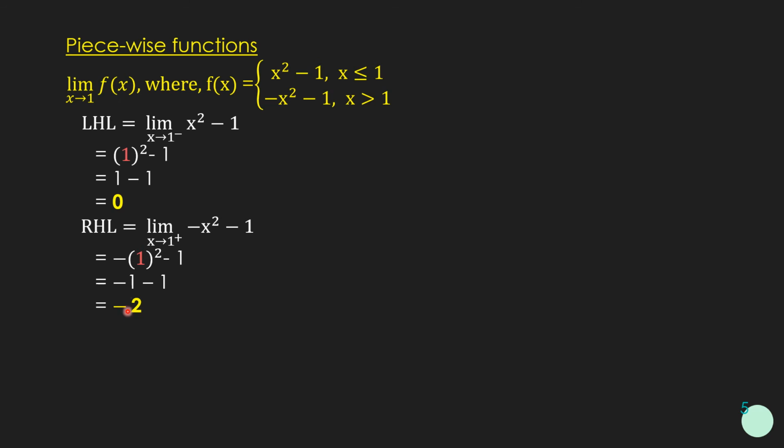Here we observe that LHL is 0 and RHL is minus 2. Since LHL not equals RHL, we say that limit f(x) as x approaches 1 does not exist. Now we will find the limit of another piecewise function, which is defined as y equals